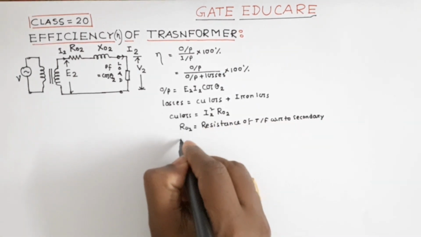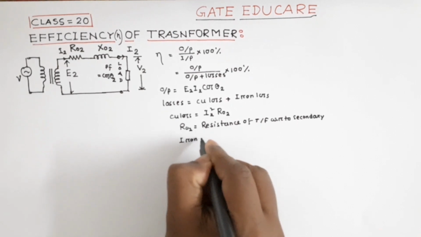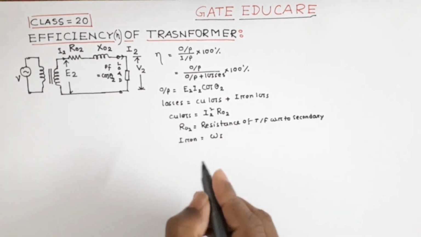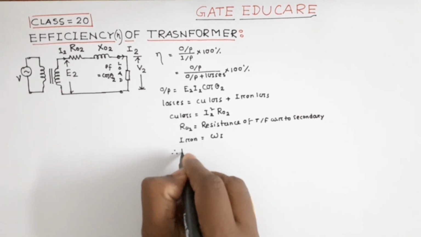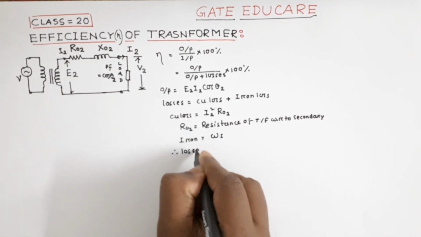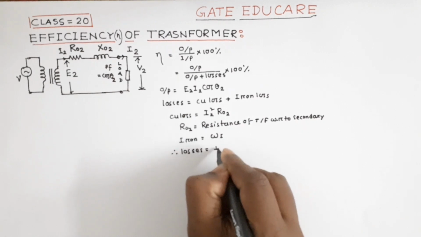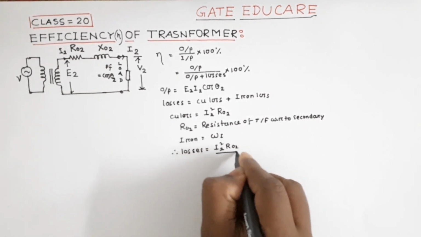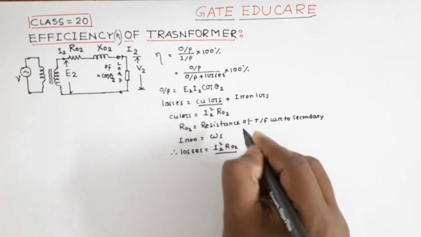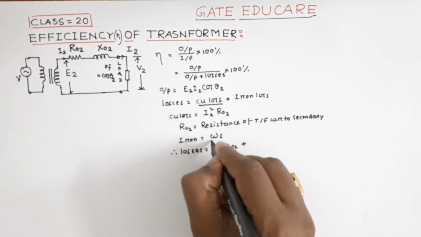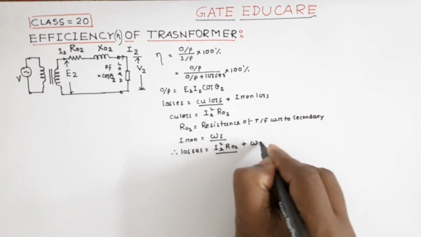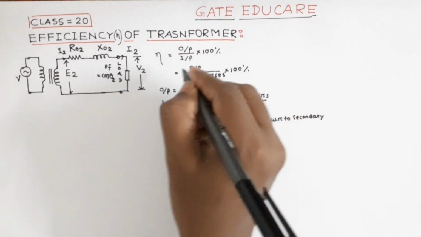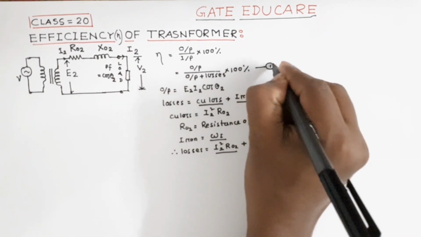And what is the iron loss? The total iron loss is given by Wi. Therefore, the total losses of the transformer is I2 square R02, which is the copper loss, plus the iron loss Wi. Therefore, from this equation number 1,